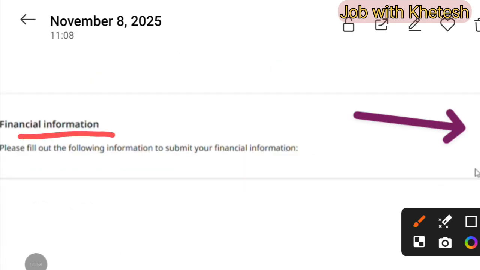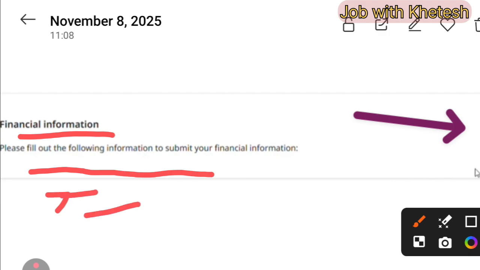Last is the financial information. Please fill out the following information and submit financial information. In financial information, when you submit your country, then click telephone numbers and full address after the country, your pin codes, everything, cities, and after that upload a copy of